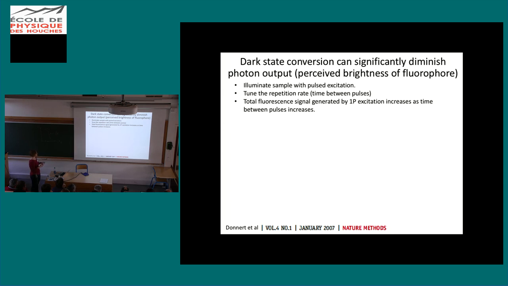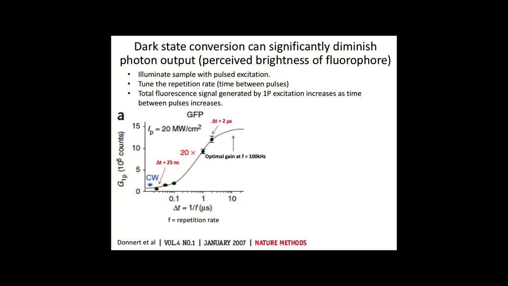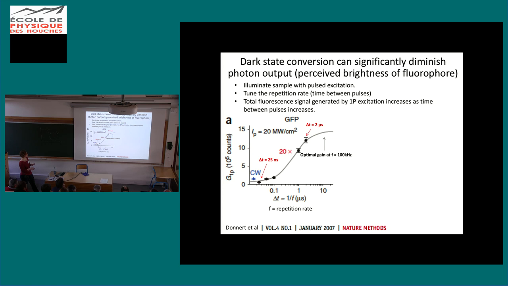So there's this really nice study done in 2007 out of Stefan Hell's lab where they illuminated a sample with pulsed excitation, and they used a laser where they could tune the repetition rate, sort of the timing between pulses. And what they found is that the total fluorescent signal depends on the timing between the pulses. And to me, when this paper came out, it was really transformative. It was very striking because